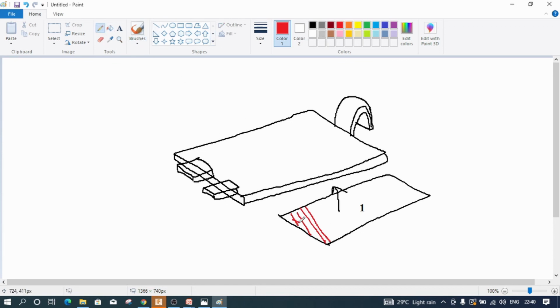We can draw two different rectangles like this, and then if we extrude them upwards, we will be able to create these two projections. So the second feature is also developed.